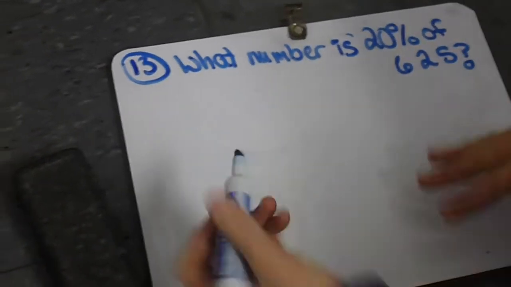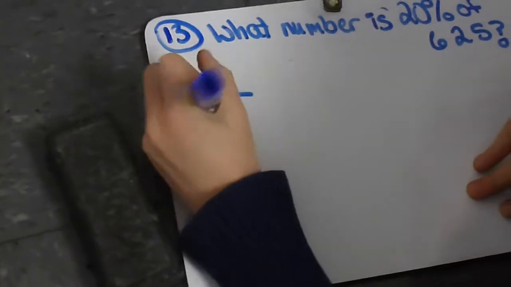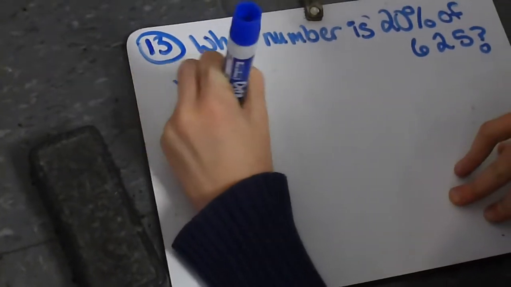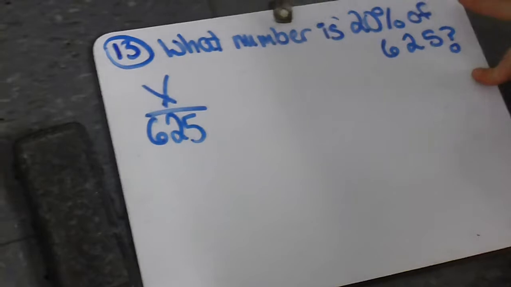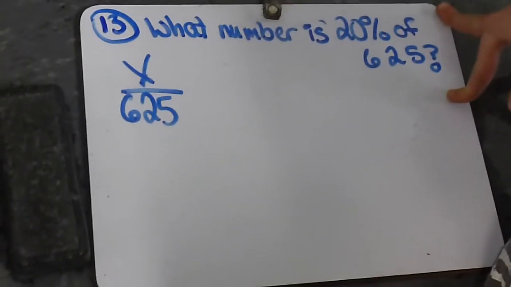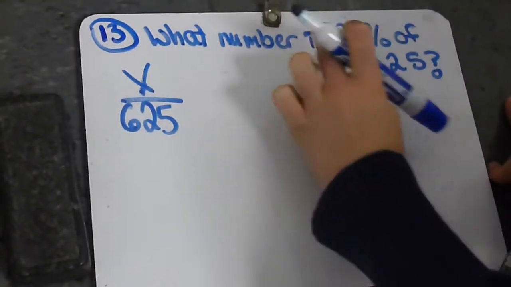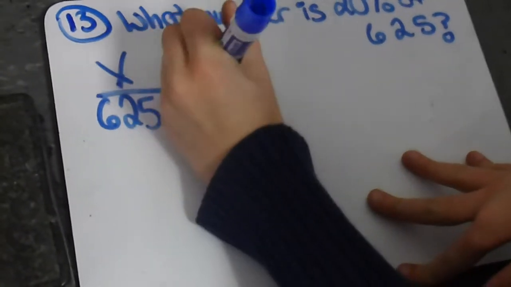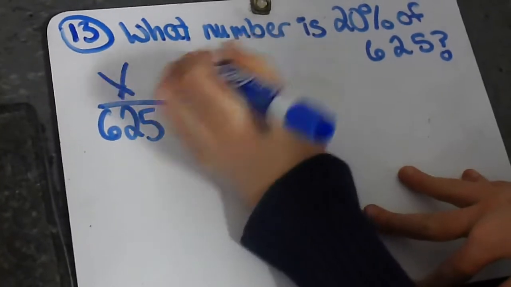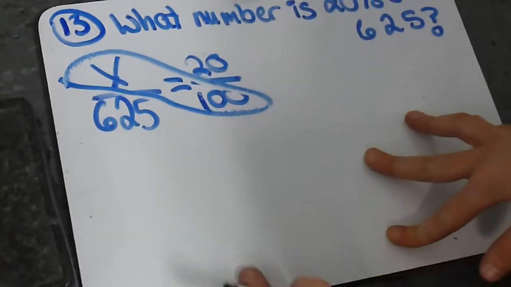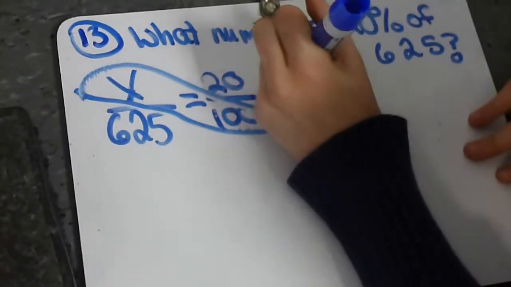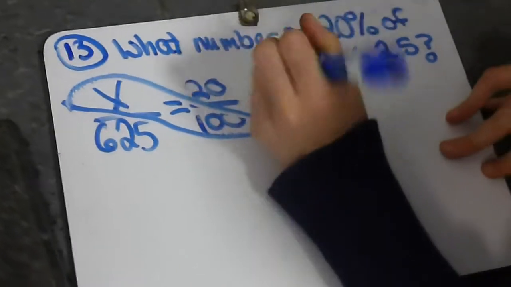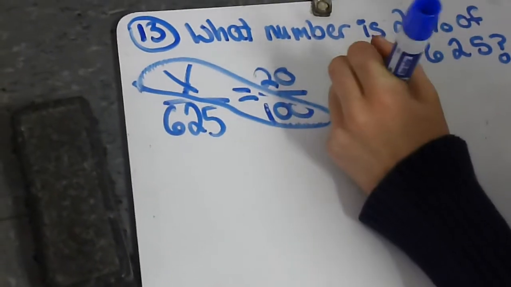Okay, so we would do x over 625 because it says of 625. And it tells us the percent, but not what is, so you just put an x there. So we put 20 over 100, and then we circle 100 and x. And we would have to times 100 times x, which would equal 100x, and then we divide it by 100,